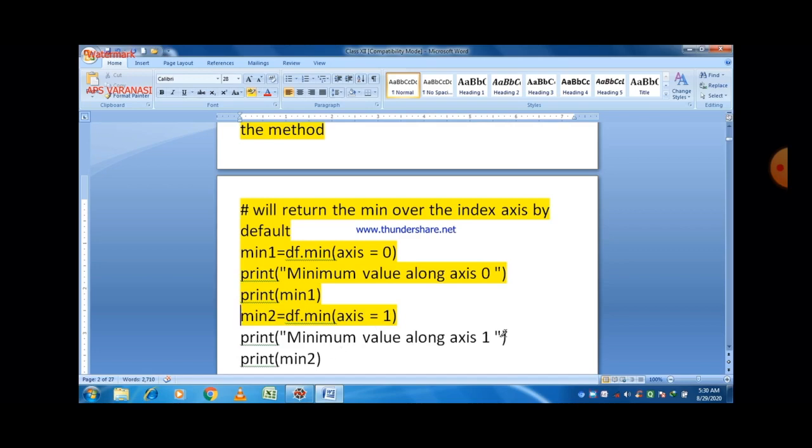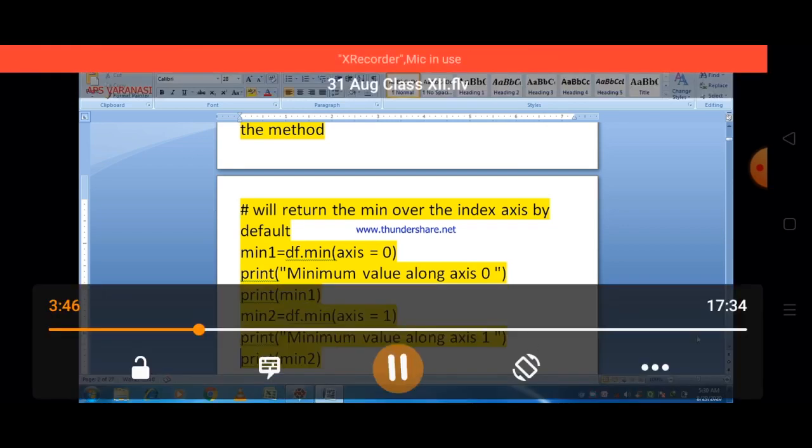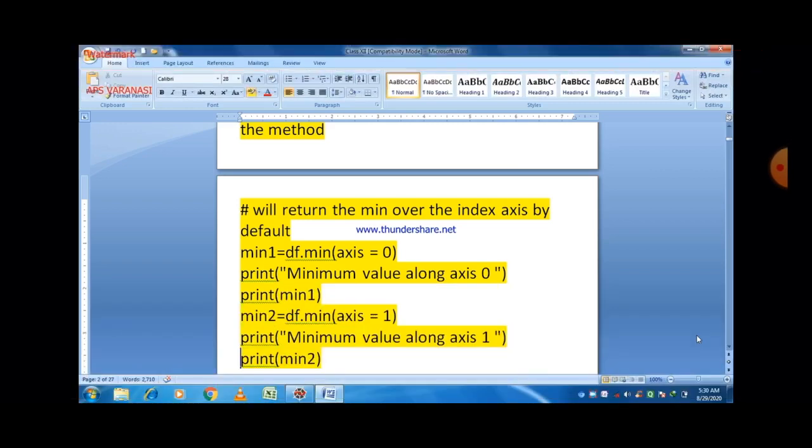So min is a method basically used to find out the minimum value along x is 0 by default. By default it always calculates the minimum value along x is 0, and if you want to find out the minimum value along x is 1, just pass the parameter x is equal to 1. So in the min method you are able to find out the minimum value along x is 1.